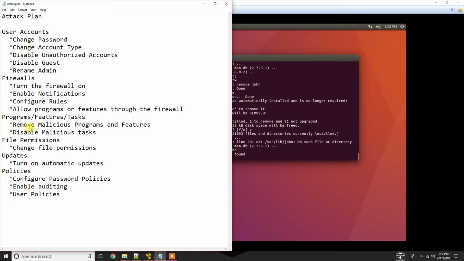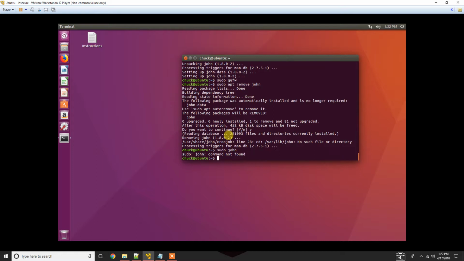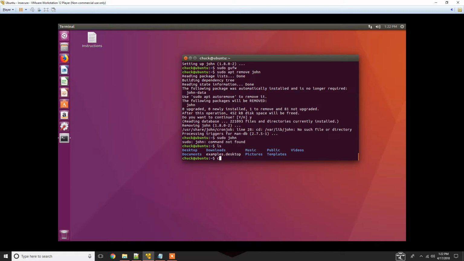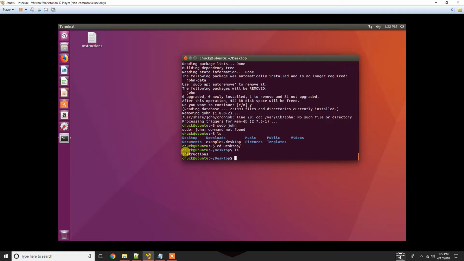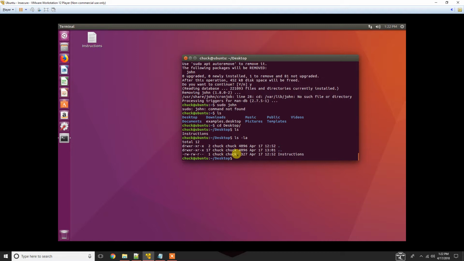The next part here is going to be to change file permissions. Now, file permissions, if you remember, we covered that in the Linux tutorial. You can, for example, if I do an ls here on my desktop, so if I do an ls command on my desktop, I have the instructions here. And if I do ls -la, this shows me all of the different files. And maybe I don't want people that are not part of my user group to be able to see the contents of this file. And if I want to prevent that, remember the command is chmod